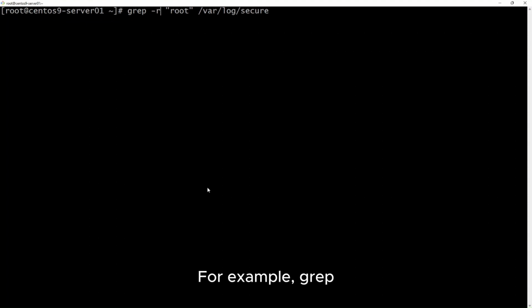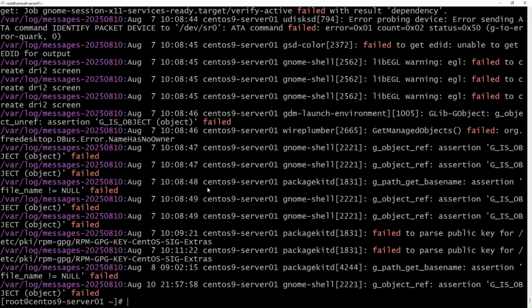For example, grep -r file /var/log searches for the word file inside all files under the path /var/log.